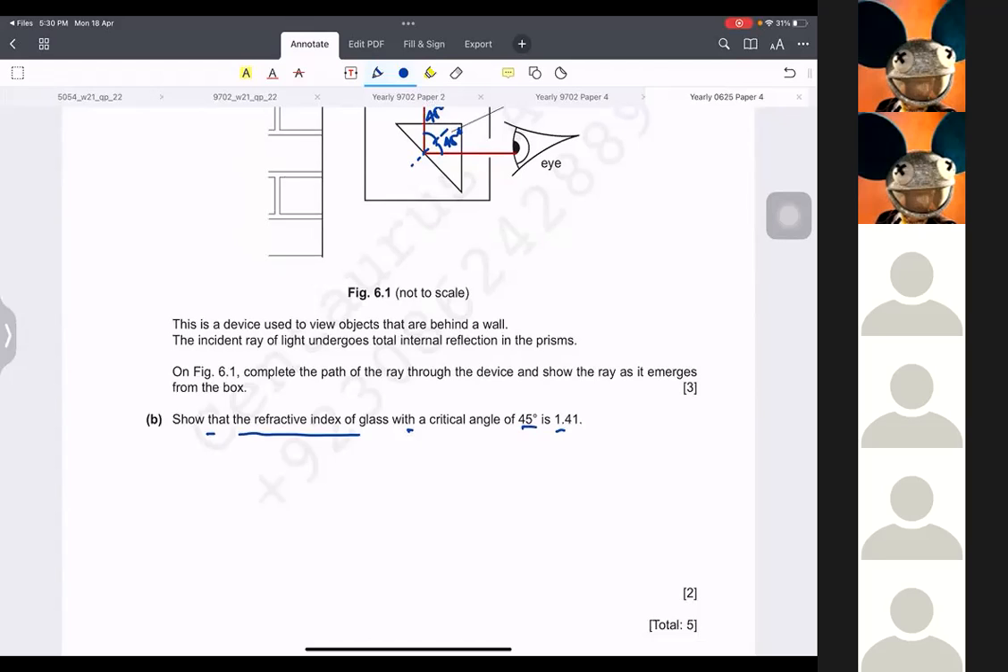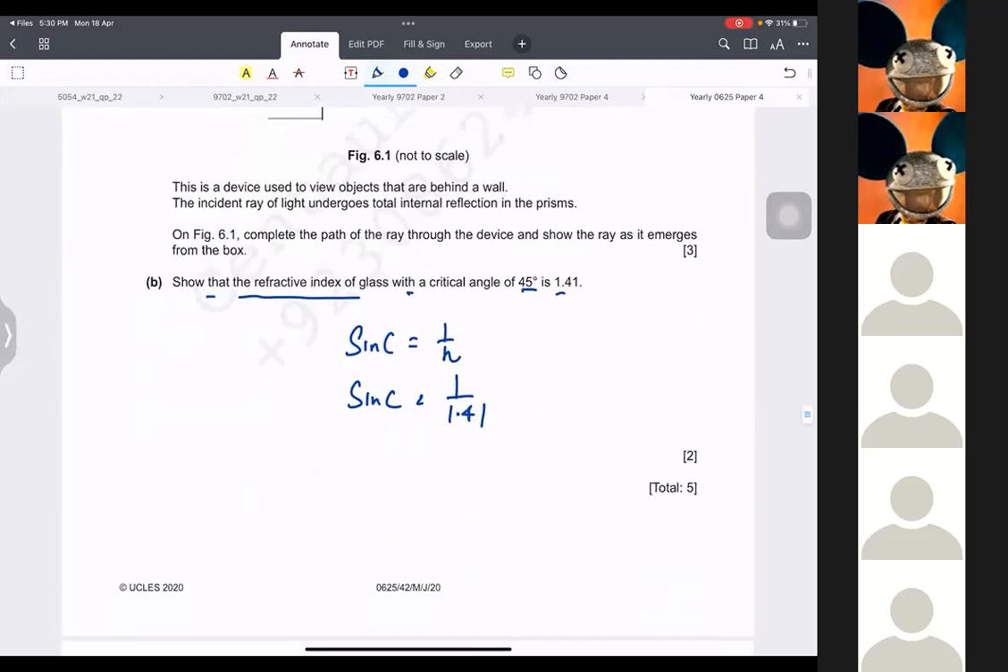Refractive index with a critical angle of 45 is this. Okay, so sine C equals 1 upon n. And we want to find the critical angle, that is 1.1. Okay, we need to show this. We can put 45. So sine 45 would be